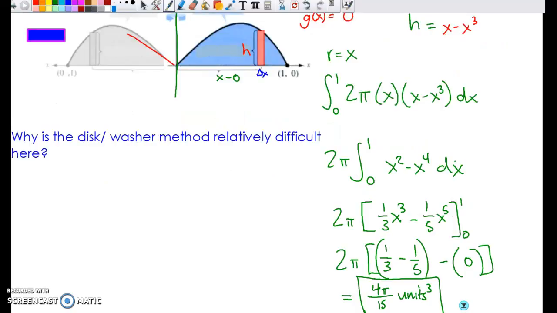And you can see after doing integration using the fundamental theorem of calculus as well as the general power rule of integration, I get 4 pi over 15 units cubed. And you get the decimal approximation of that. And just so you get an idea of what this would look like, well, from above, it's going to be